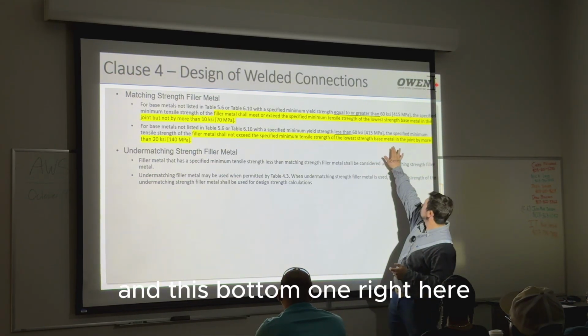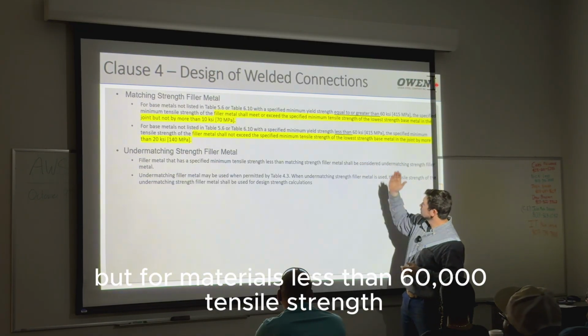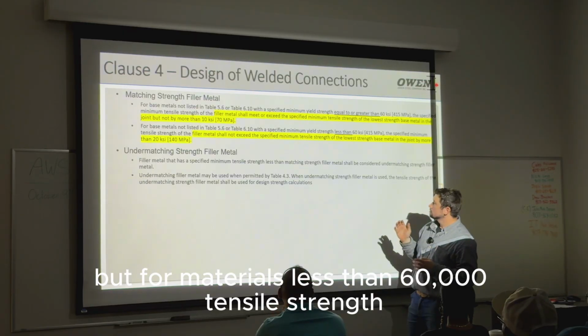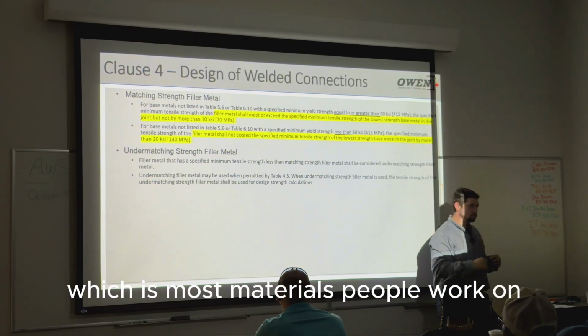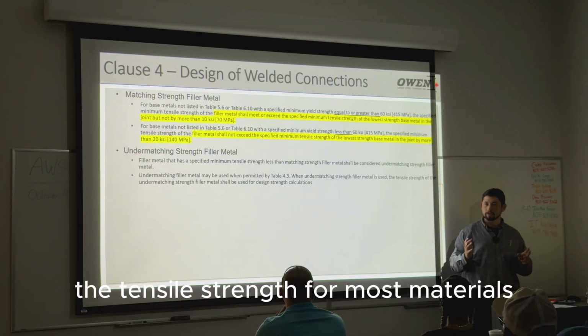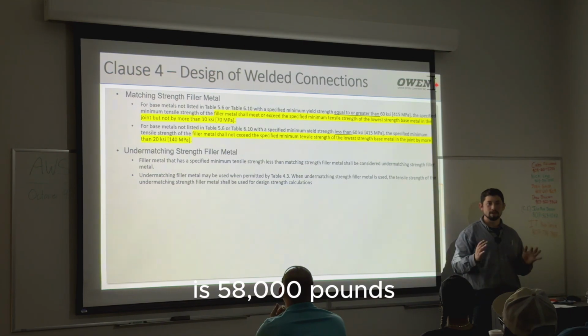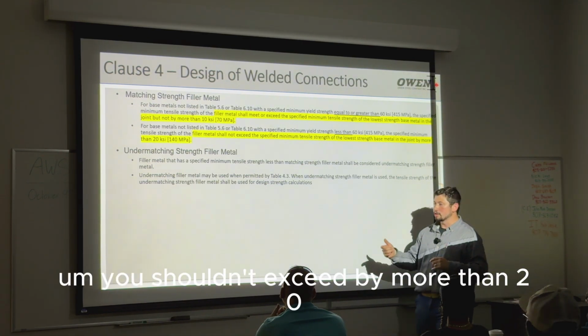And this bottom one right here is the same thing, but for materials less than 60,000 tensile strength. If it's less than 60,000, which is most materials people work on, the tensile strength for most materials in structural applications is 58,000 pounds. You shouldn't exceed by more than 20. The whole reason they put this part in there